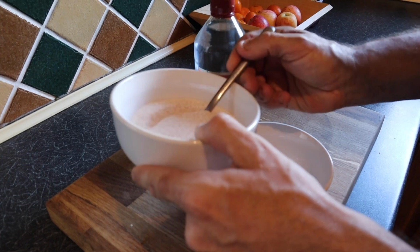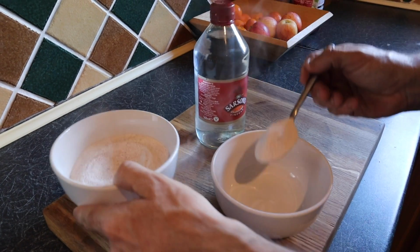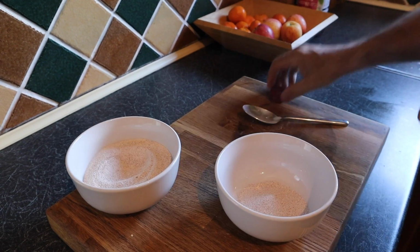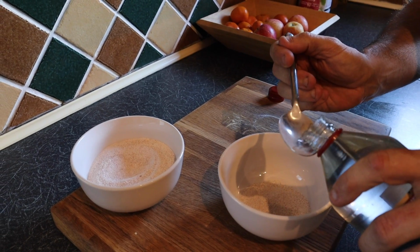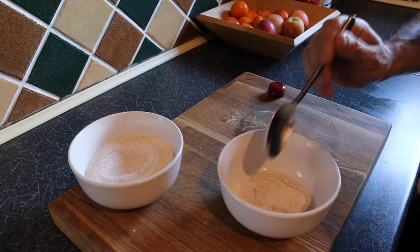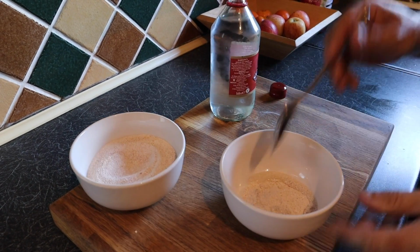Everything we have just discussed can take some time for the plant to send out some new fibrous roots, and if your plant is sickly, there is a way to speed this process up. What you can do is take equal amounts, so a tablespoon of eggshells and a tablespoon of white vinegar, and mix them, and this will make a calcium carbonate. Now calcium carbonate is literally just a liquid calcium, and you can add this to 5 litres of water, give it a good stir up, and once you have that, that is your